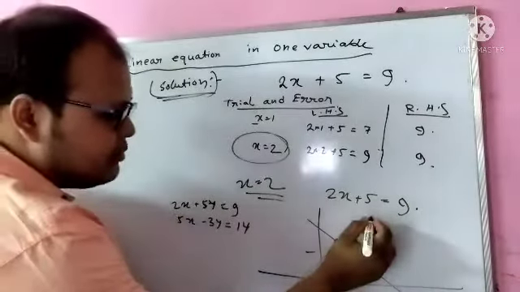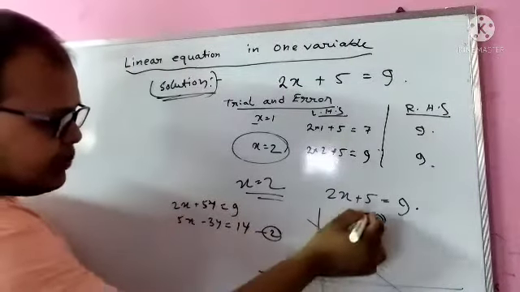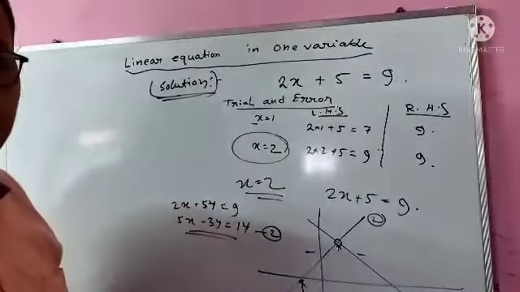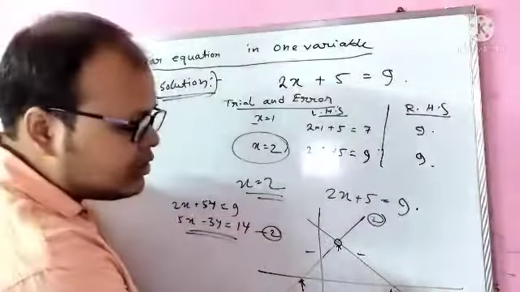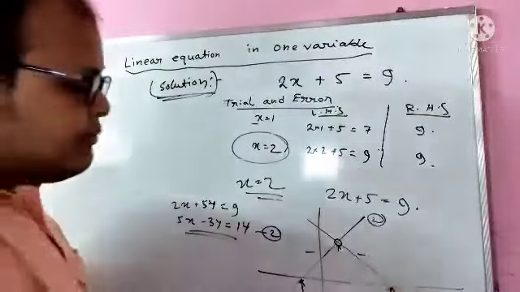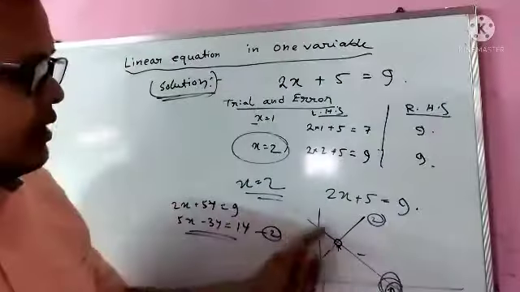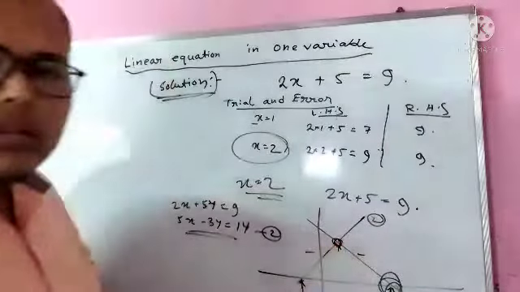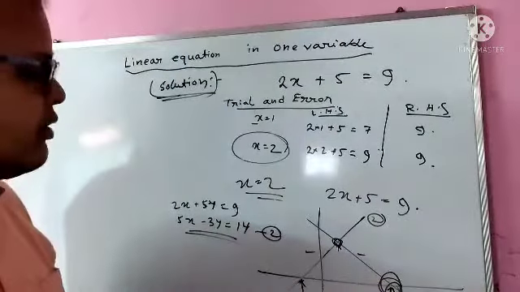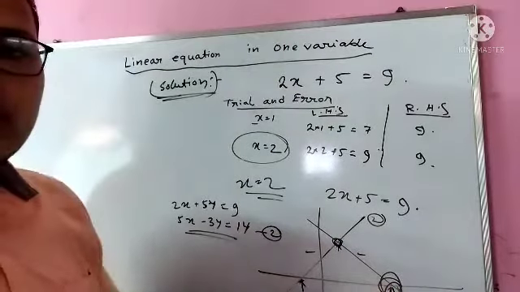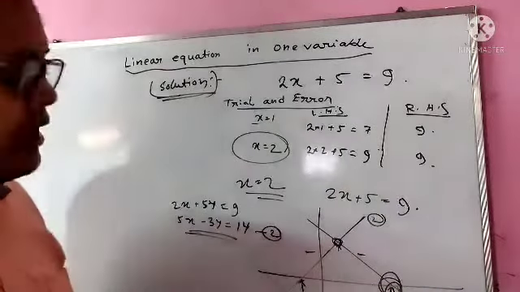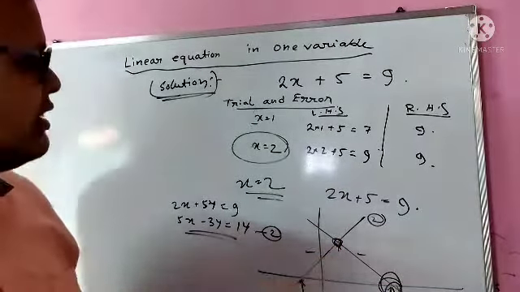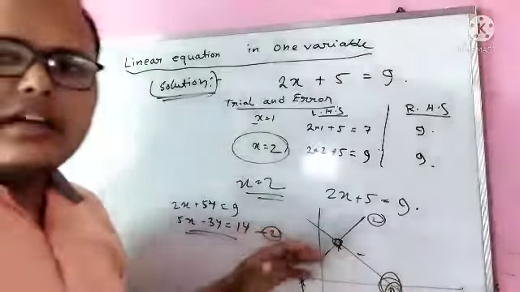Okay, in the case of the second linear equation here, suppose the second linear equation graph is this one, so this point is the root of the second linear equation. Okay, but the root of the first linear equation is this one, because the graph of the first linear equation is this one, so the root will be this one. Okay, and the solution is the different point where both the curves are meeting together and intersecting together. Okay, so that is the solution, and these are the roots. Root means where the graph is intersecting with the x-axis. Solution means where both the graphs are intersecting each other. Okay, that is the difference between root and solution that you will get in your higher classes.